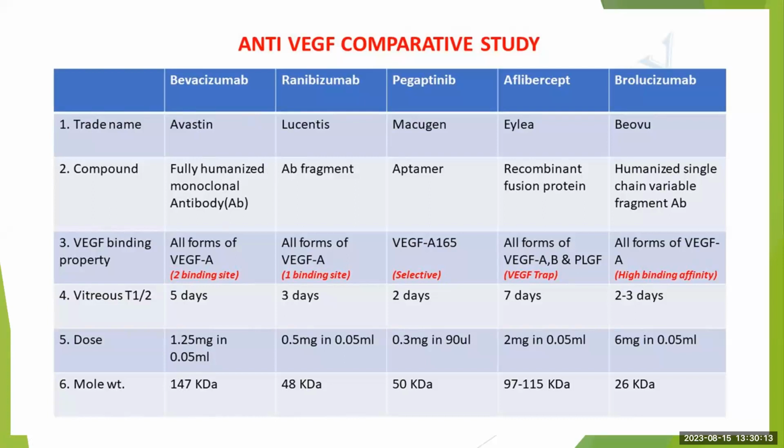Ranibizumab is also known as Lucentis. It is an antibody fragment. It acts on all forms of VEGF-A. Its molecular weight is 48 kilodaltons and it is injected as 0.5 milligram in 0.05 ml. Pegaptanib is also known as Macugen. It is an aptamer. It is a selective VEGF binding agent. It binds only to VEGF A165. Its dose is 0.3 milligram in